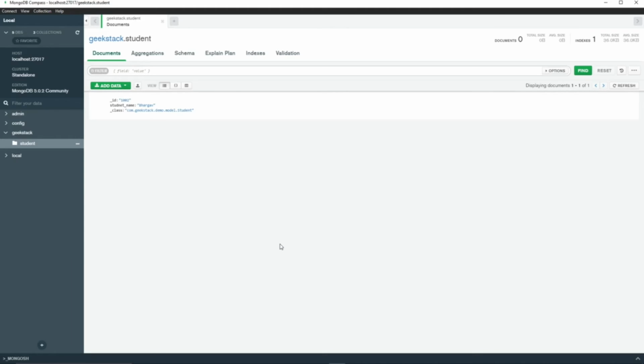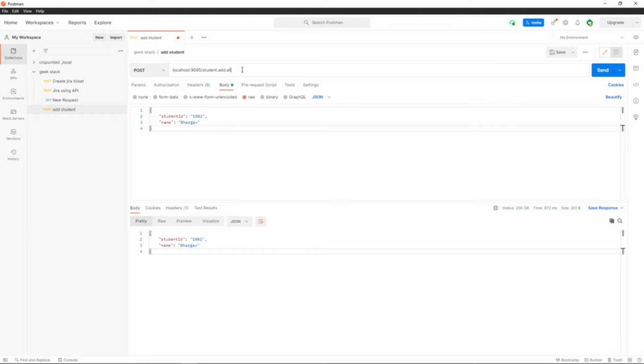Similarly, let's test our other endpoints. Our endpoint to add multiple students is like student/add/all, which accepts a list of students. So we'll pass this as an array. We'll beautify this. We'll change this to 3, this to 4.